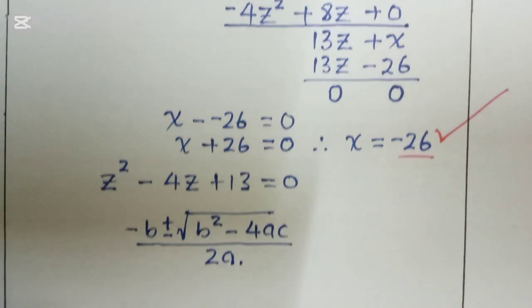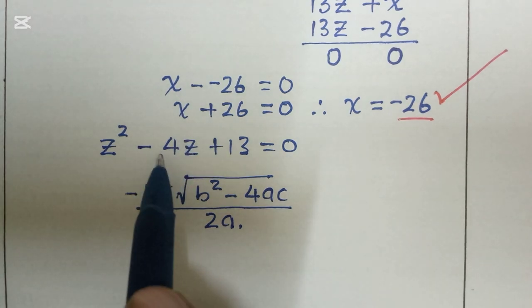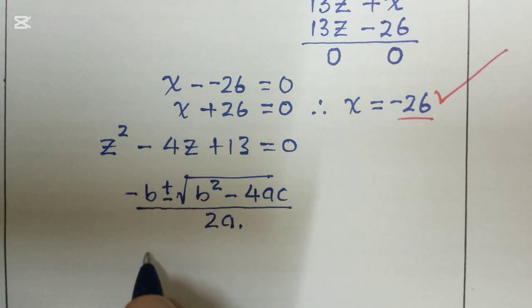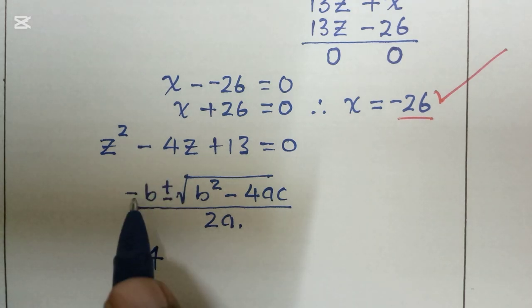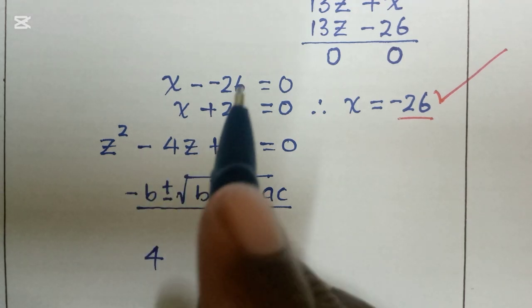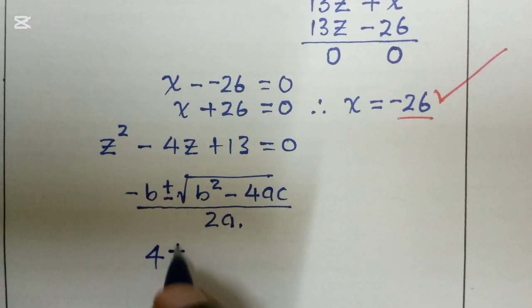So that's what we are going to use, guys. Our b here is negative 4, so we shall have now 4, because already 4 has a negative and this is a negative, then the negatives will cancel. We shall have 4 plus or minus